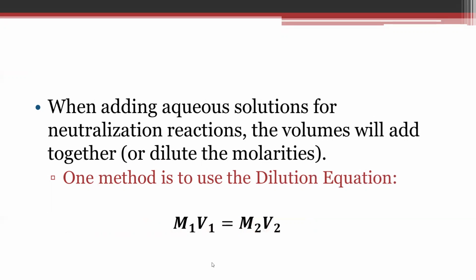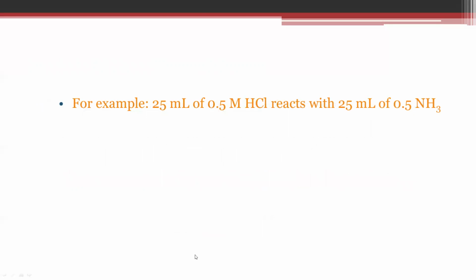And so we have to use what's called the dilution equation, where the M1 and V1 are the original given information about the solution, and then M2 would be the new molarity after the dilution from mixing together has happened, and V2 would be the total volume for the solution, which you would get by adding together the two volumes of your acid and your base. Okay, so for example, if we have